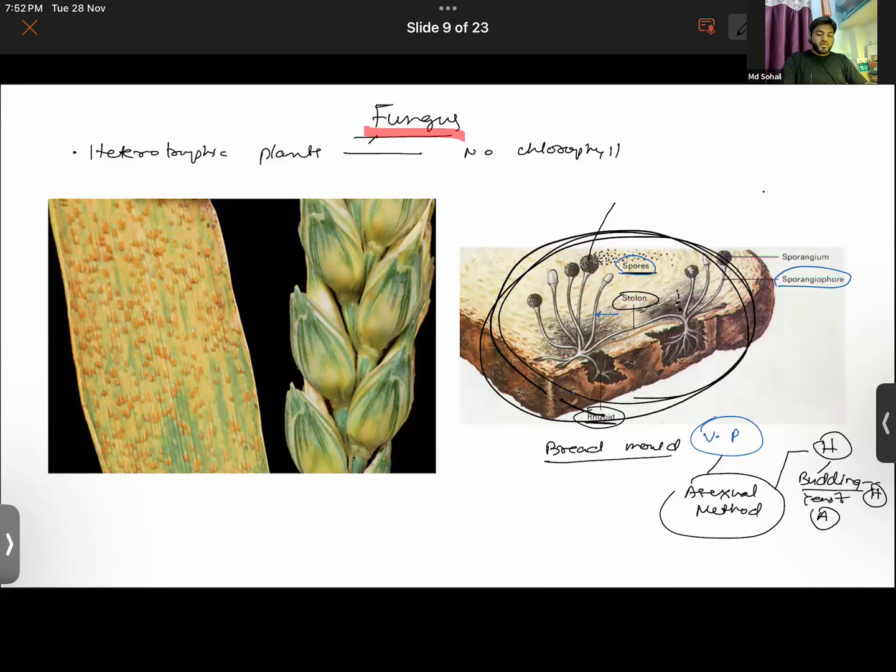You had the example of fragmentation. I'm talking about heterotrophic plants right now. Spirogyra. In fragmentation we also have the example of lichens. Binary fission is also there in the case of amoeba, but that will be in the category of animals. While in the case of autotrophic plants, asexual